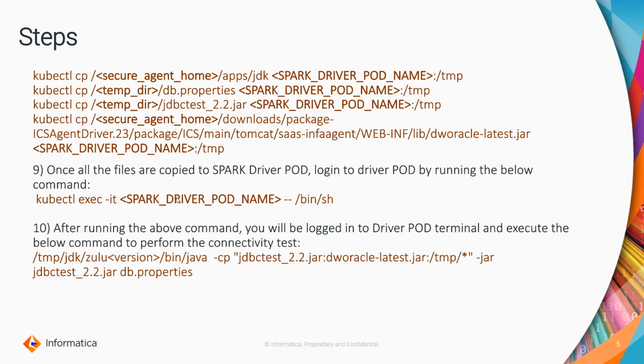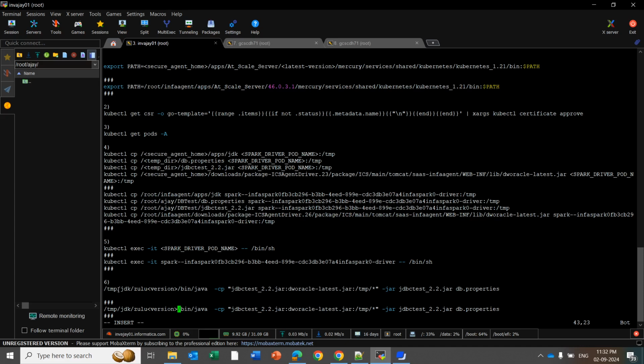Now once you are logged into the Spark driver pod, execute this command from the Spark driver pod, which will perform the test connectivity of the database which you have configured in the db.properties file. For running this final command to perform the test connectivity of the database, you need to get the Zulu version which is placed under the /temp directory. So for that,